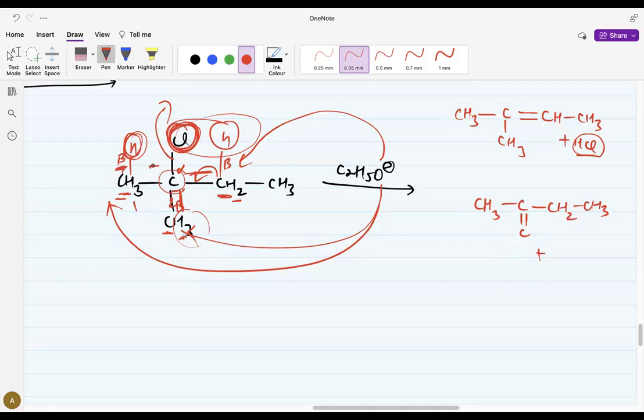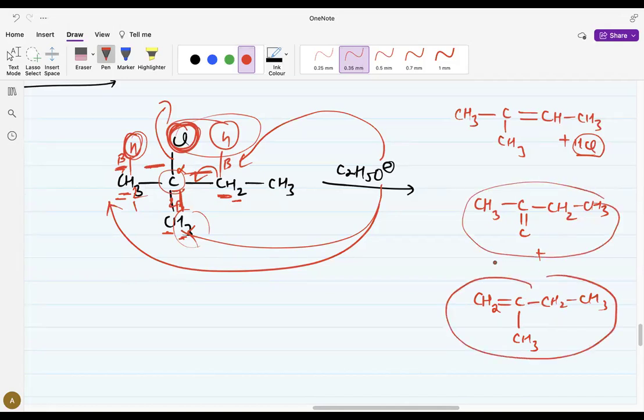So here this double bond will be made here, this double bond will be made here, और यहाँ पर हमारे पास ये बचेगा CH2 CH3, and here will be CH3. So these two are same beta, these two are same. So if I remove from here or here, it will be same product. Double bond will be made here or here, it will be same. See,